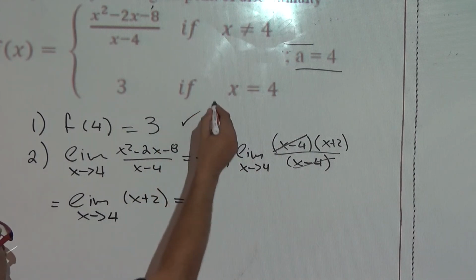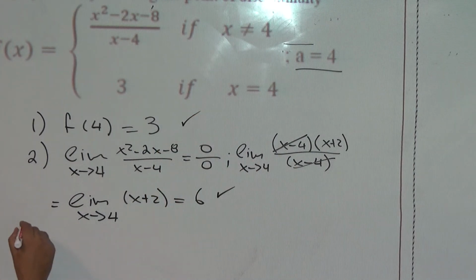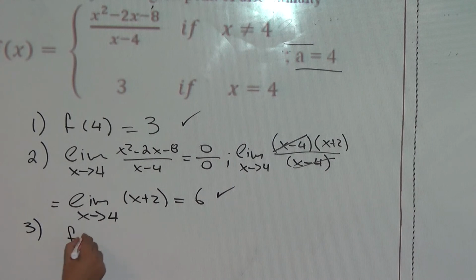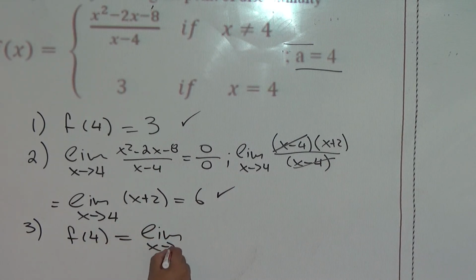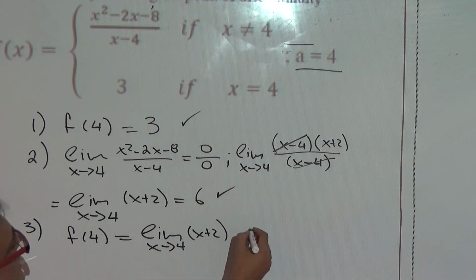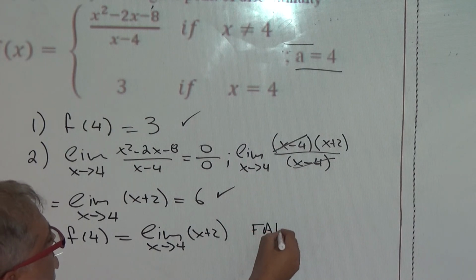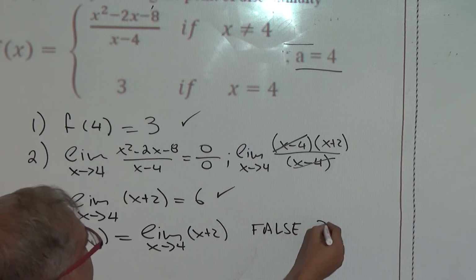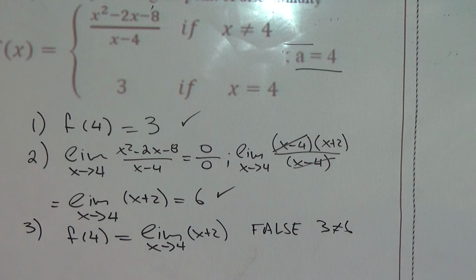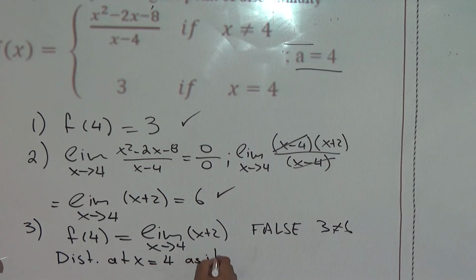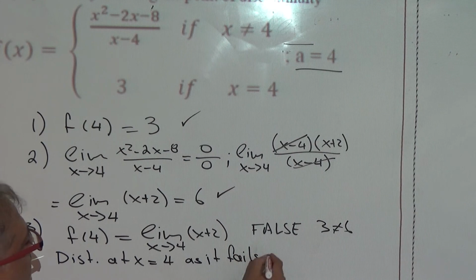So the value of the function exists, the limit exists, so my third condition, does f of 4 equal the limit as x goes to 4 of x + 2? And of course the answer is false, as 3 is not equal to 6. So this is not continuous at x equals 4 as it fails condition